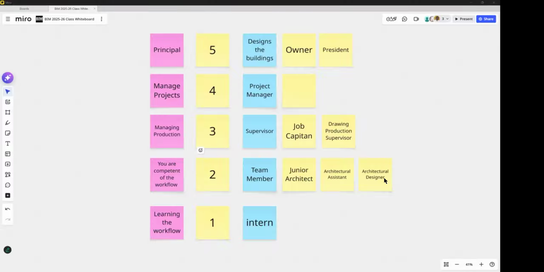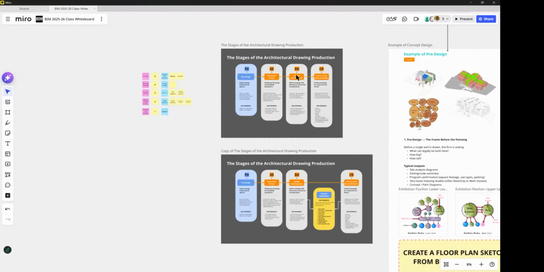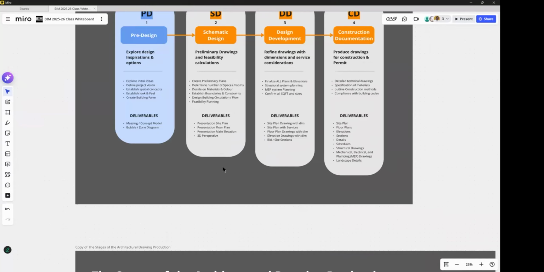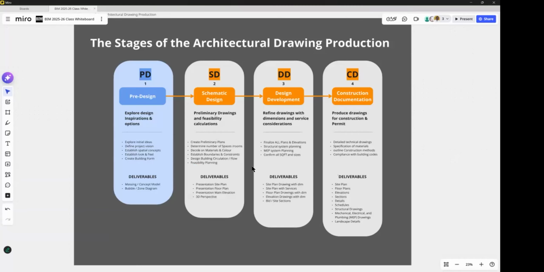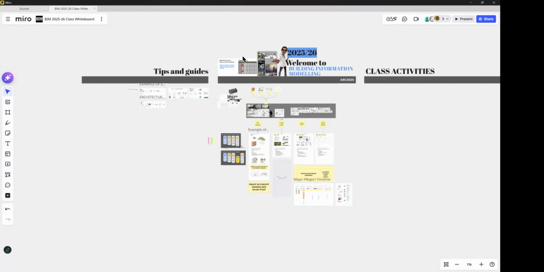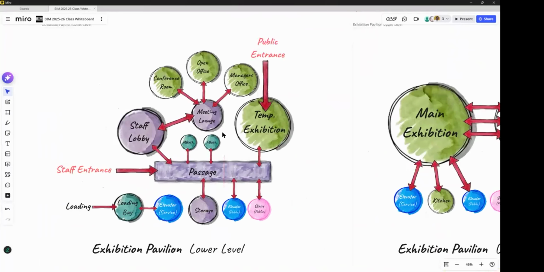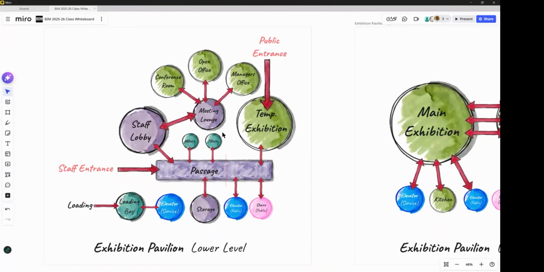All right, so with that said, guys, in talking about these architectural phases and looking at pre-design, remember all this information is on the Miro board, guys, so please, you can browse around. I'm going to give you guys a couple of minutes. Is it 10? We started at 9. Yeah, we're doing good on time.